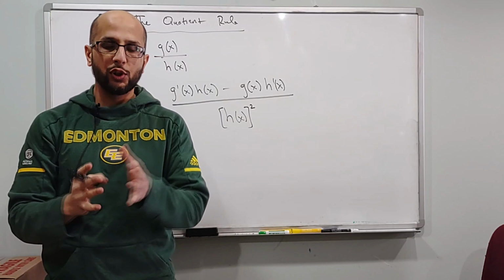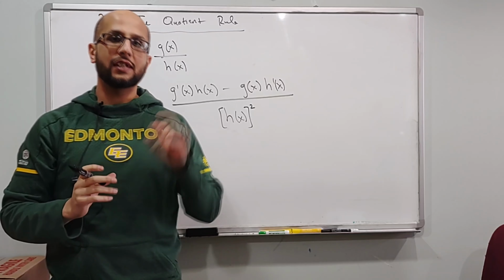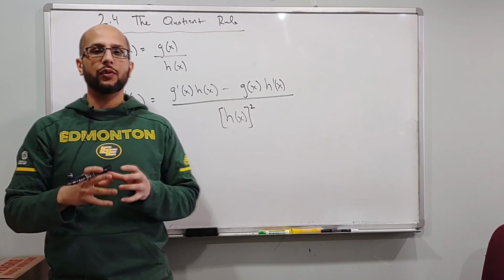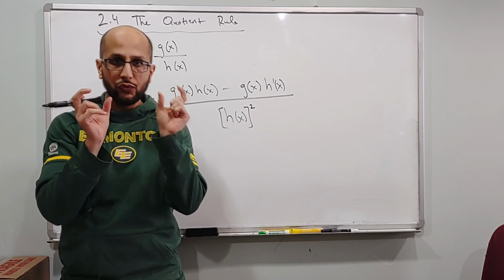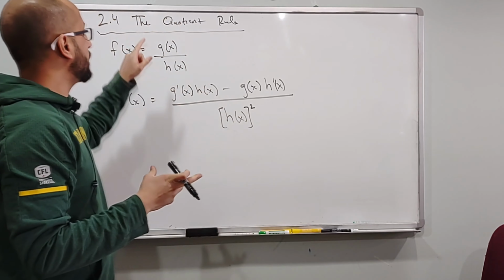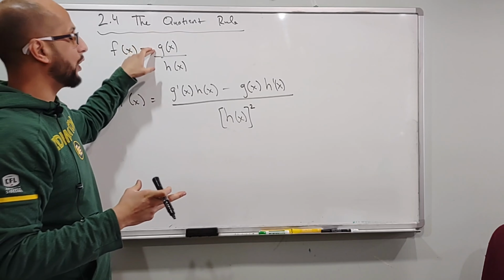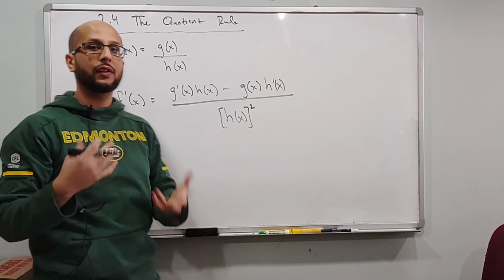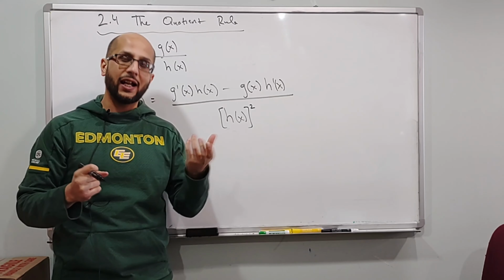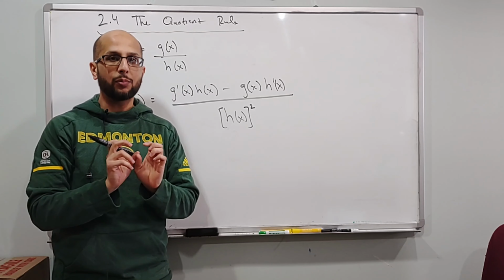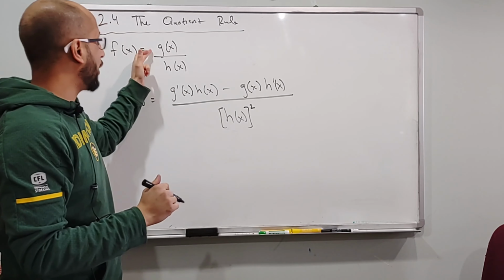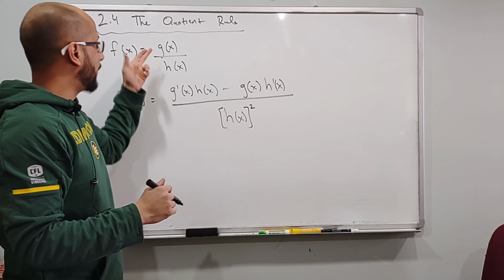Okay, so the next section we're looking at is 2.4, which is the quotient rule. In the previous section, we looked at how to find the derivative when you have two functions being multiplied with each other. The difference now is, what do you do when you have two functions being divided, meaning we're using a rational function. In the previous video, I showed you guys how to convert any rational function into a product rule function, meaning you have two functions multiplied, but we should also know how to work with rational functions, meaning